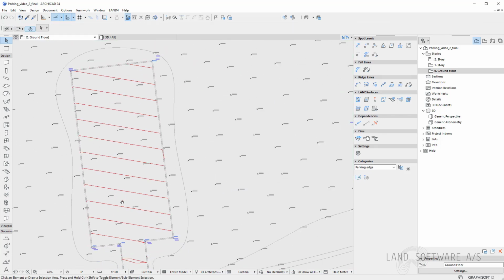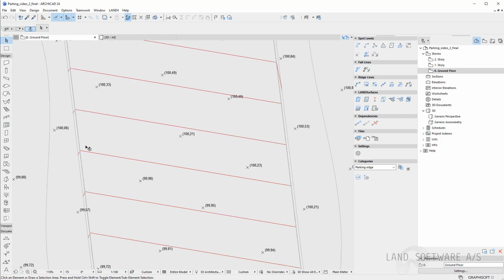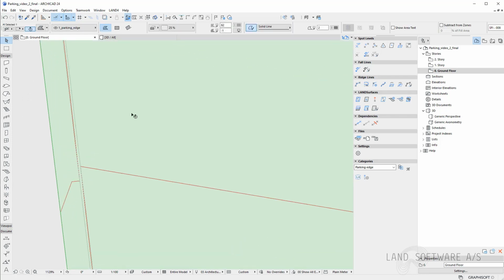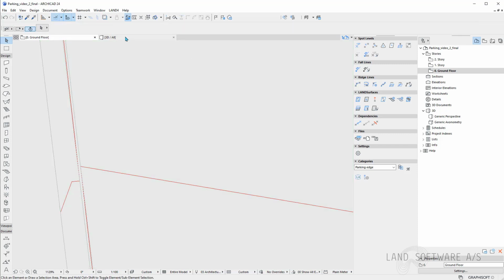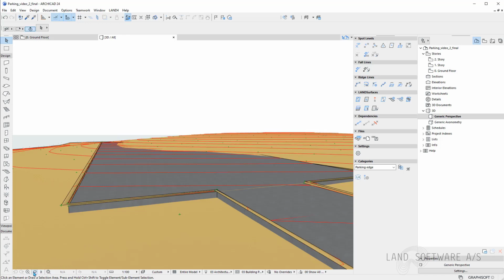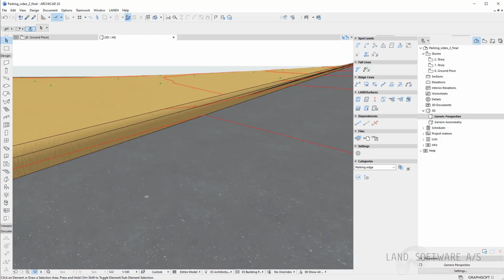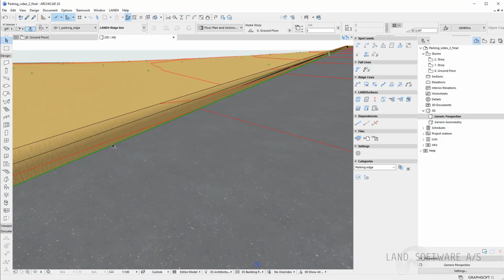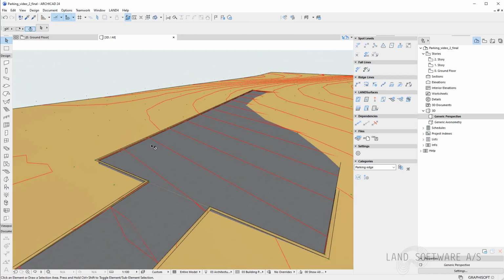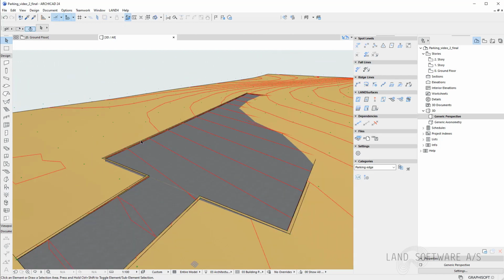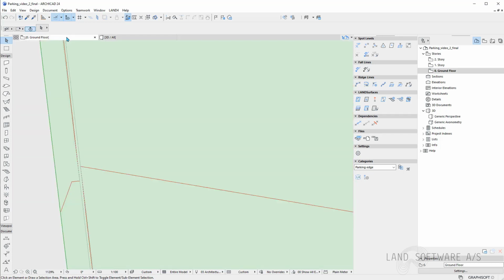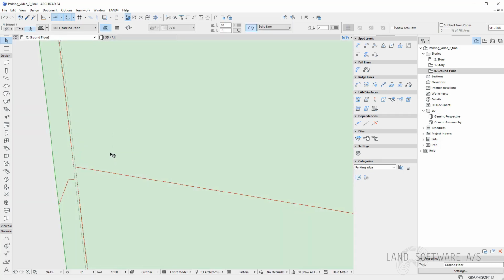What I would need to do now is basically just simply cut the fill of the parking surface area within the parking edge fill. We can take a look in the 3D, and here you can see that the parking edge is following all ridge lines. However, it's overlapping also the parking surface because we have included that in the calculation. So what I need to do is basically just select the fill representing the parking edge and go to the fill tool and activate the tool.